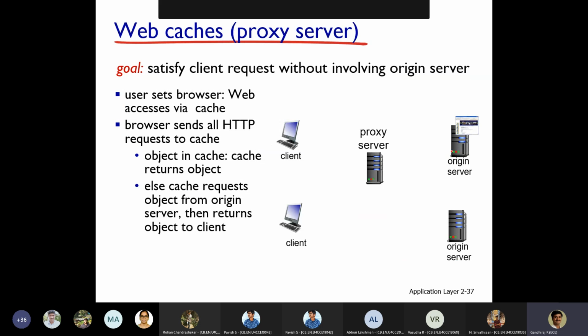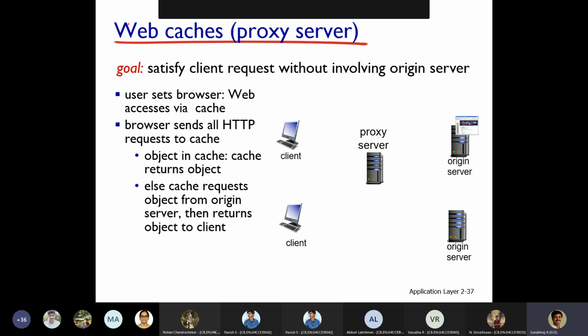Another thing is called web cache. It can be called a cache or cache memory. Cache memory is something which is available inside a microprocessor, and it is used for caching purposes. Web cache is a proxy server. Now we are going to talk about another cache information.